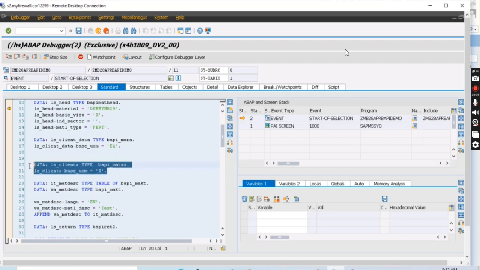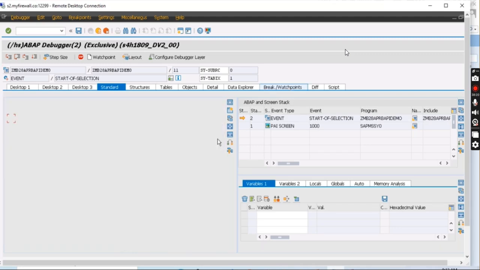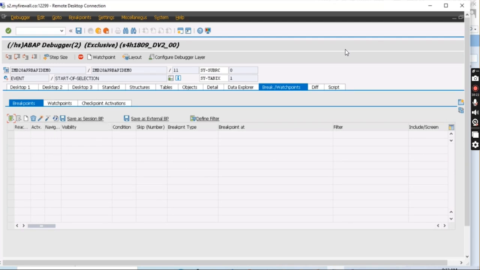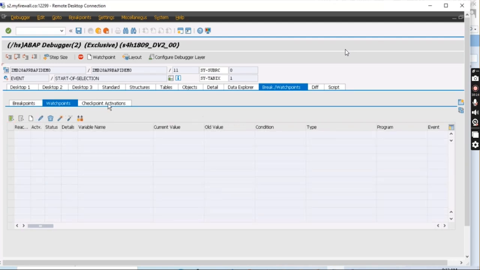Okay, good. Go to the session breakpoint, right click on that, and delete the breakpoints. We can delete from here, that's fine. It's already deleted at this point of time, you can see.